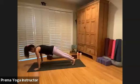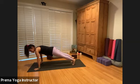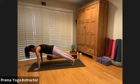So shoulders over wrists, heels over toes, but everything else is kind of the same. Our fingers are pressing down, our pinky fingers are wrapping out to the outside edges of our mat without really moving. Belly's drawing in always. Inner thighs are wrapping back. Hold here just for 4. Belly in a lot. Press the mat away. Even think of a little bit of a cat back. 3, 2,